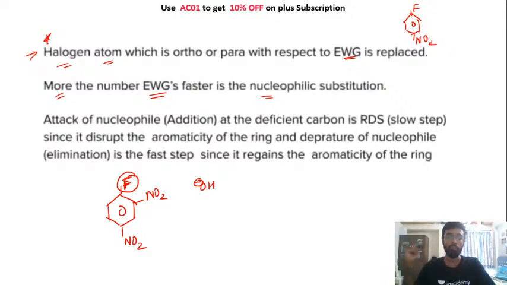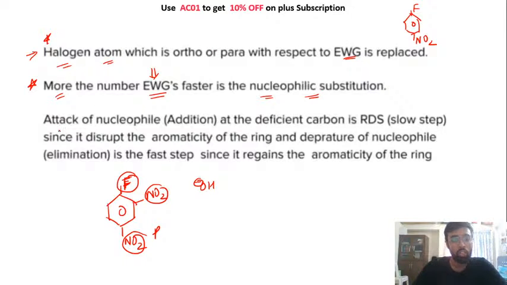Okay, so if you have more minus M groups, your reaction will be faster. So this NO2 is ortho to this fluorine and this NO2 is para to this fluorine. So this is again very important, that the more number of electron withdrawing groups will increase the nucleophilic substitution of aryl